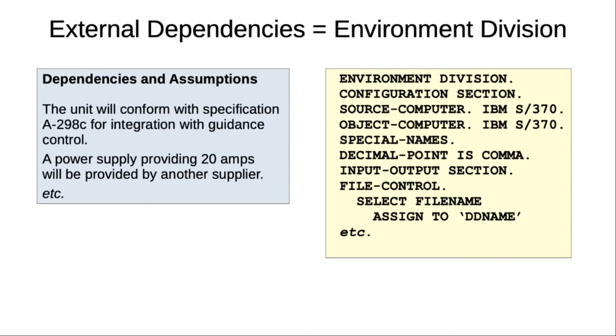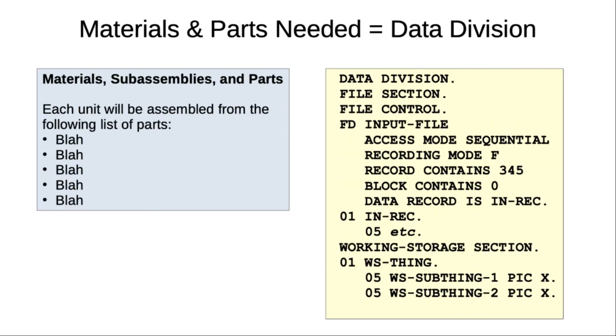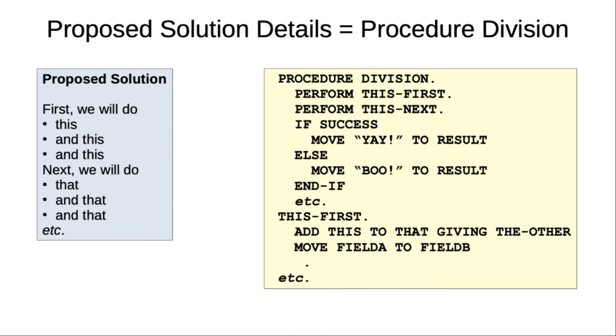The environment division connects the internals of the program with things in the outside world, like files. It also declares information that is conceptually similar to assumptions in a business document, like the decimal point character. All variables used in the program are declared in the data division. Variables and executable statements are not mixed in the same part of the source file as is usual for most languages. This is where executable statements go. Of course, source statements are not executable, they have to be compiled, but you know what I mean.